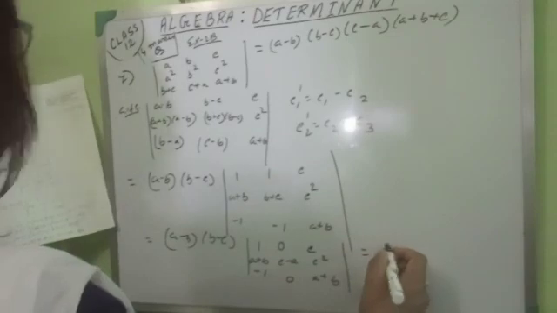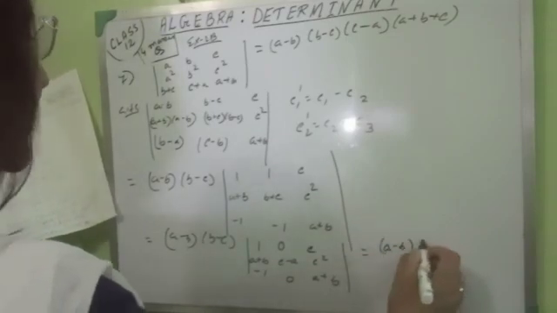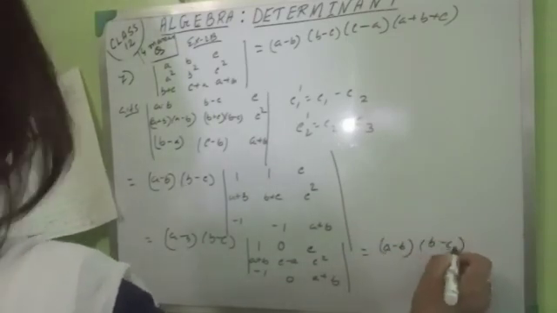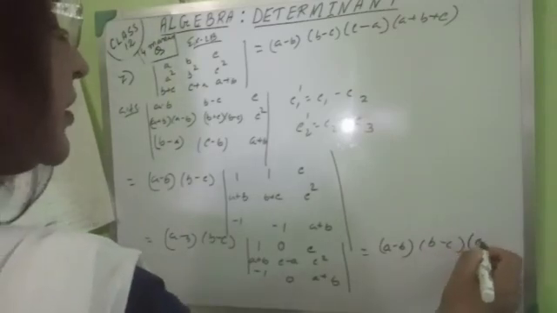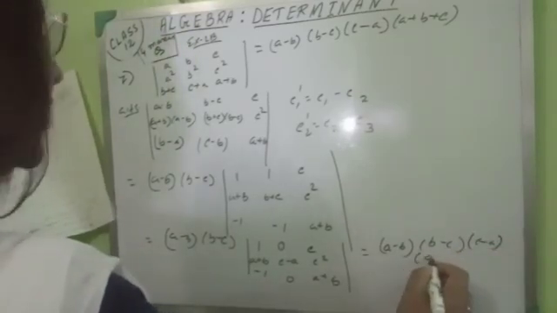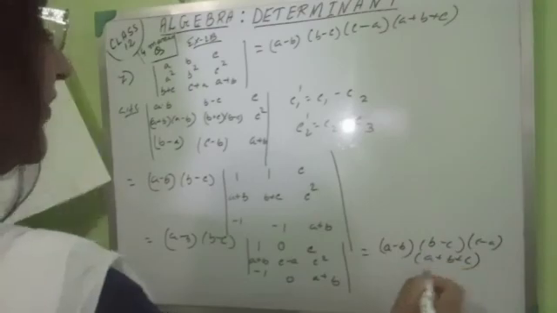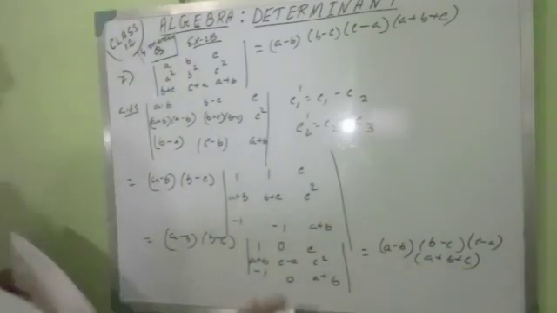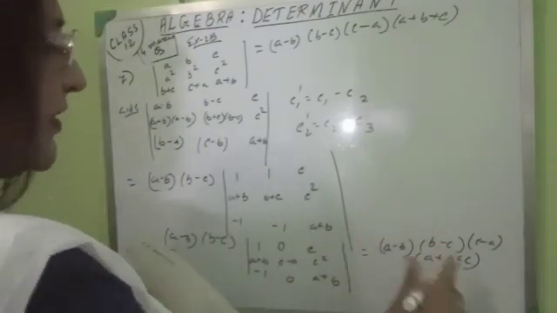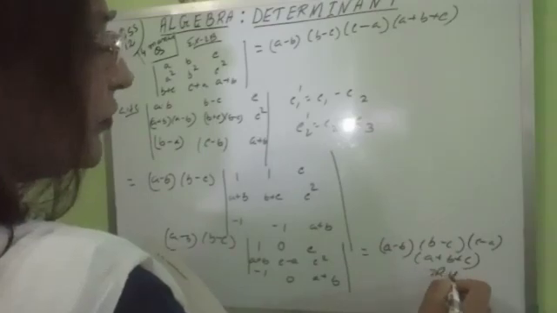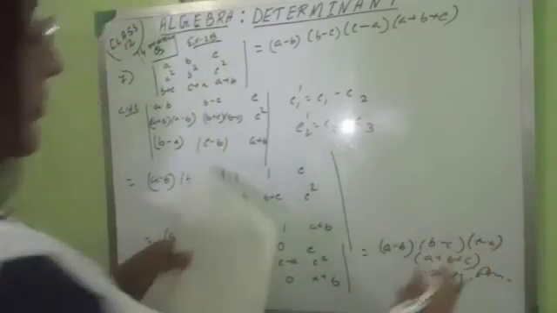I'm not going to do the expansion part, so the answer will be A minus B, B minus C, and so on. The expanded part I already did in the PDF. You can get it, go through that. Just we have to expand this part. Then it will be proved to the right hand side. Okay.